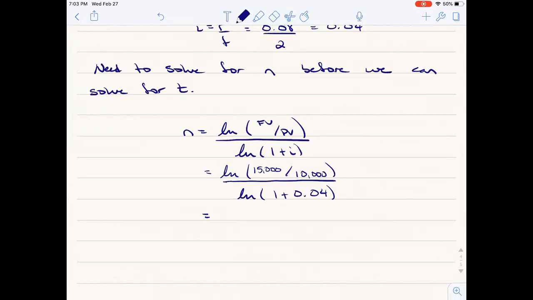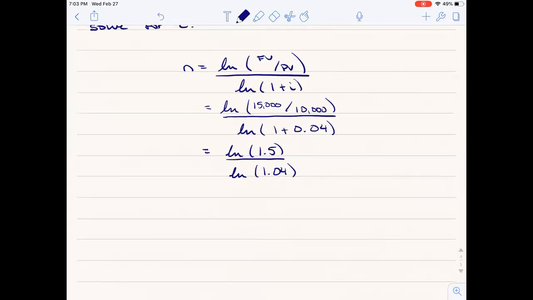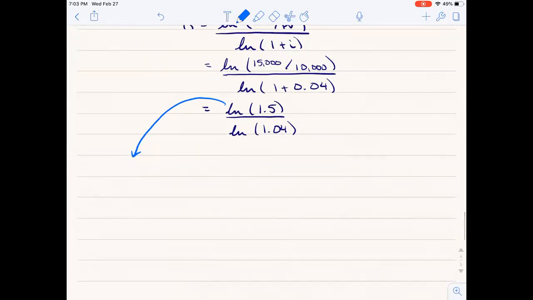Once you simplify inside the log, it's not that bad, right? You have the log of 1.5 over the log of 1.04. I'll make a note here. For example, to solve for the log of 1.5 on your calculator,